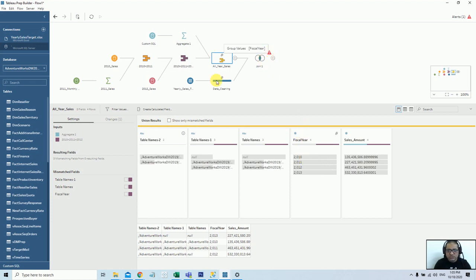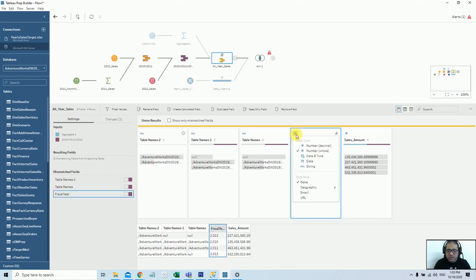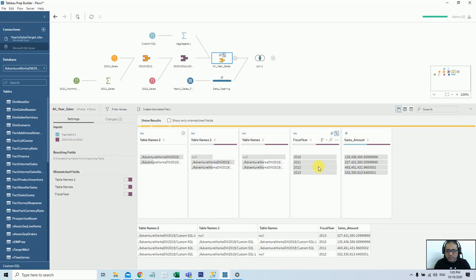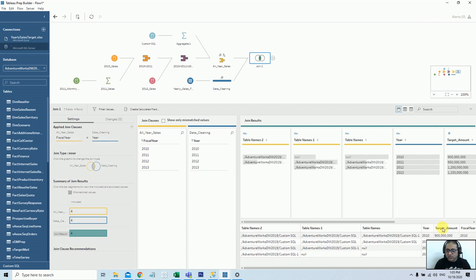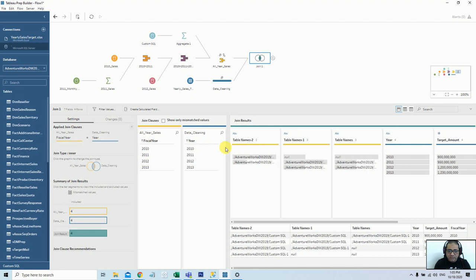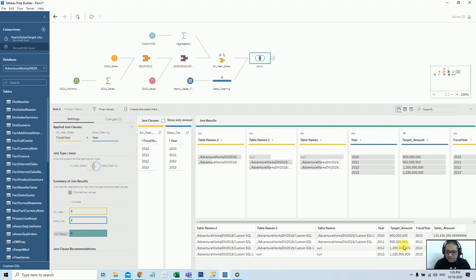To fix this, from anywhere, any place, just come here and change the data type. So if you change it here, this join is now validated and it gives you the results. So you have all the results here. You will see all the results here, but there are a lot of unnecessary columns. Do you really need these columns?